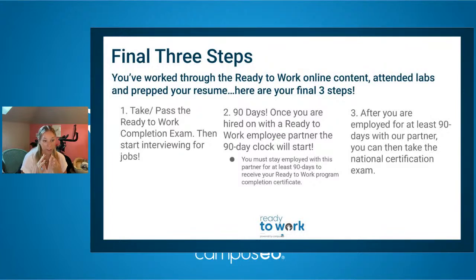After the labs, you'll need to take your ready to work completion exam, and then you'll need to pass it. So you shouldn't have any trouble passing this exam if you've attended labs and done the online content. Once you pass this ready to work completion exam, you'll be ready to start interviewing for jobs. And this just really means you have the skills necessary to start working with patients, to start working in that